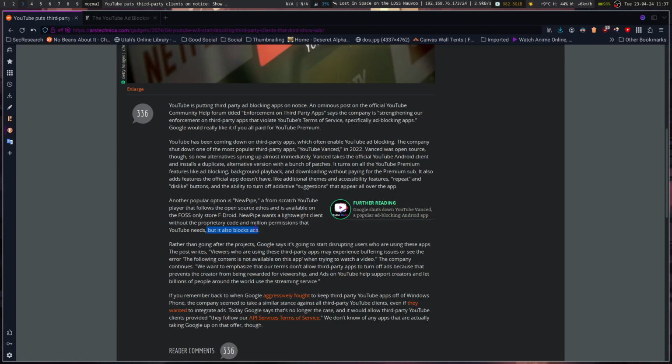So NewPipe in particular can use Invidious as a back end, but it largely relies on the yt-dlp backend in order to pull content down. And so that's how you're able to play it in the background and things like that, and you can get such good quality in NewPipe because it's able to look at all the different resolutions and formats of the video in order to give you an option that you want and send you the one that you want specifically.